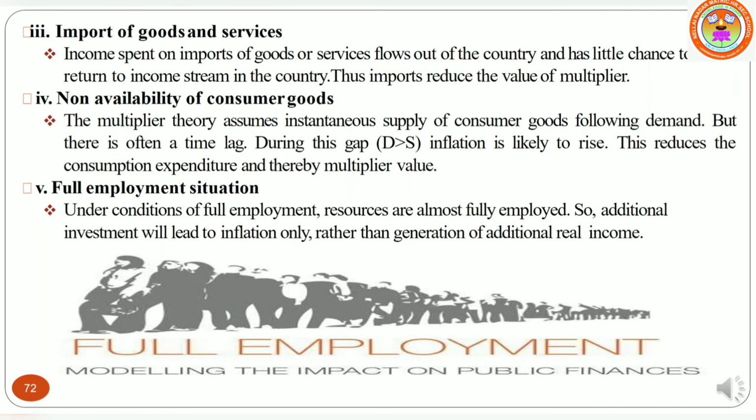Sometimes undistributed profit is also one of the leakages of the multiplier. If profits accruing to joint stock companies are not distributed to the shareholders in the form of dividend but are kept in the reserve fund, it is a leakage from the income stream. Undistributed profits with the companies tend to reduce the income and hence further expenditure on consumption goods, thereby weakening the multiplier process.